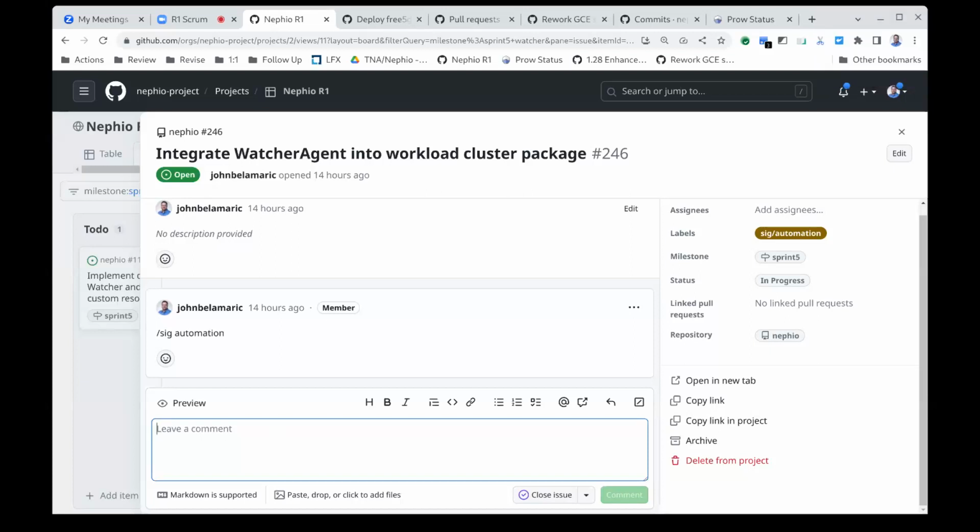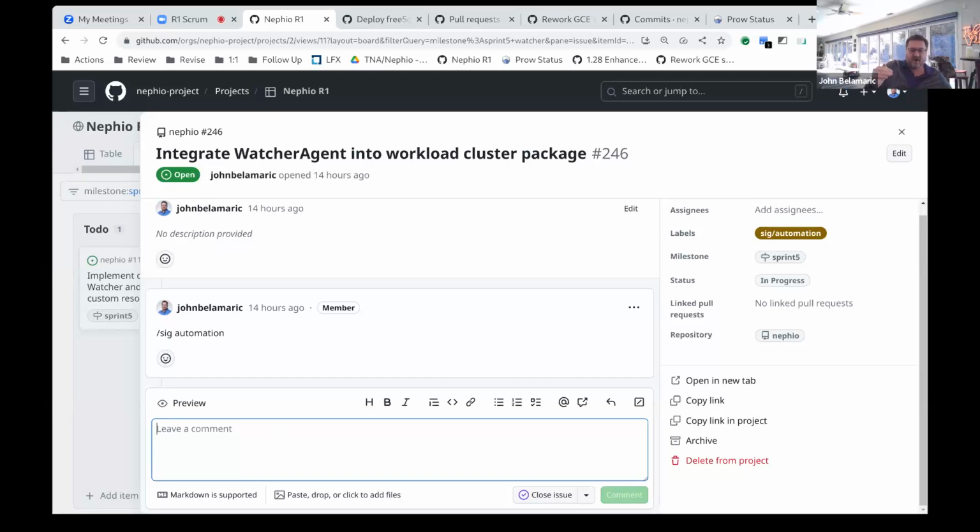Do we have a workload cluster package now? Yes, well, we have a package that creates a workload cluster. Right now we don't have things other than the bootstrap. We bootstrap CNI and config sync in there. Right, so config sync needs to be installed as part of the bootstrap? Yes, and that's done and that works. So then the question is,